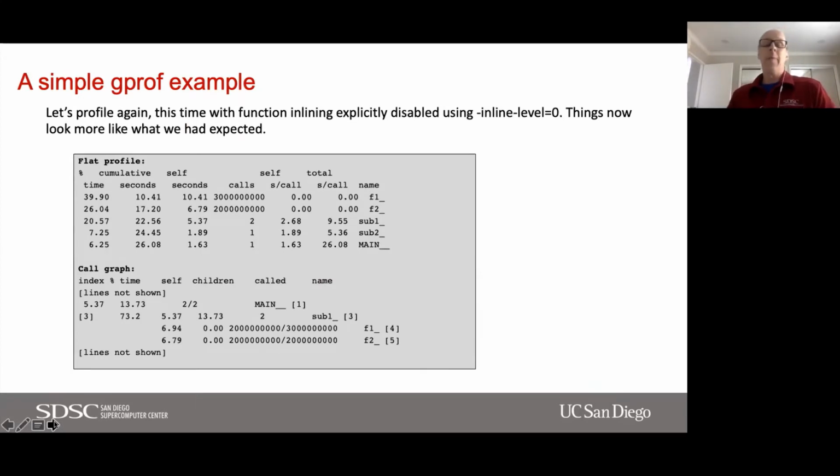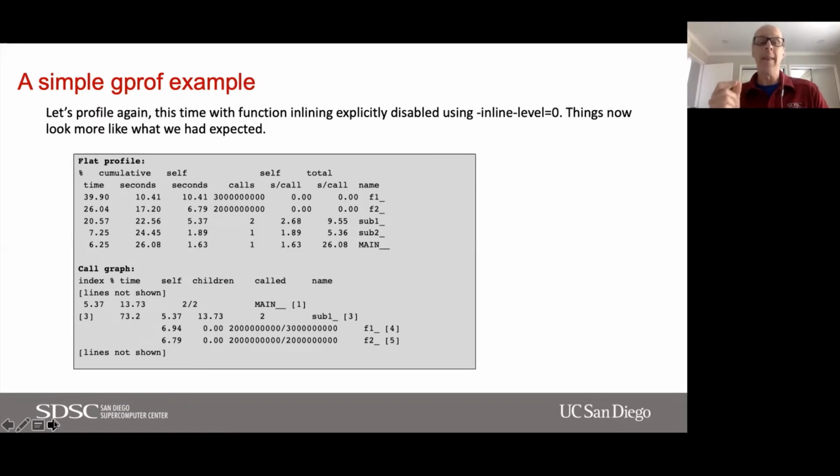So we're going to go back and do something a little bit different. We're going to see what happens if we explicitly disable inlining. So I used another flag. This one is going to be specific to your compiler. For the Intel compiler, it's -inline-level=0. So basically, when I use that in combination with -O3, it tells the compiler, go ahead, do all of those aggressive optimizations, except for this one optimization, function inlining. I want to turn that off.